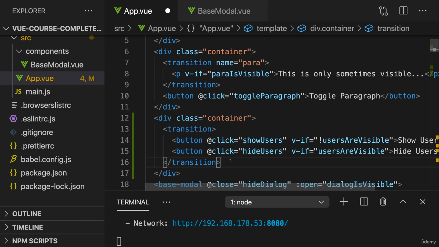and wrap it around these two buttons. And you heard that right, around these two buttons. There is one exception where you are allowed to have more than one direct child element inside of your transition component. And that is the exception here. The exception is if